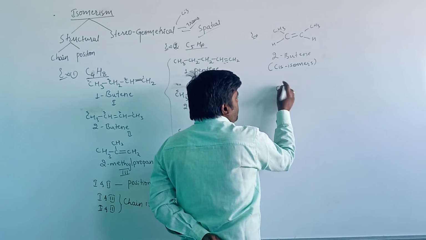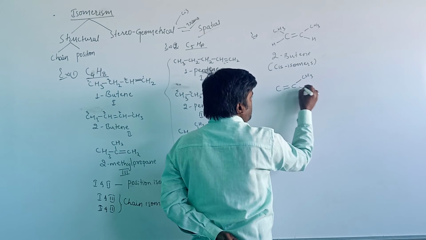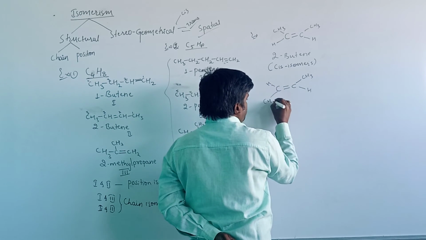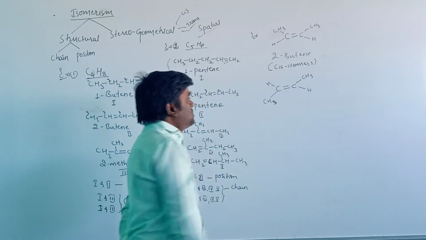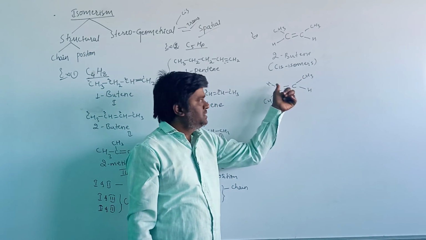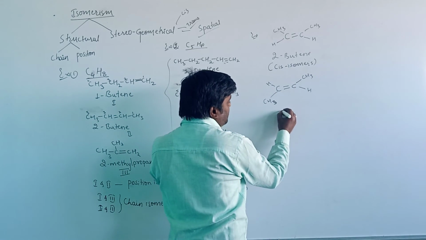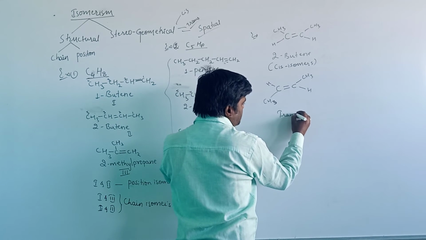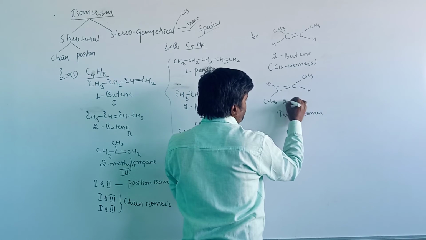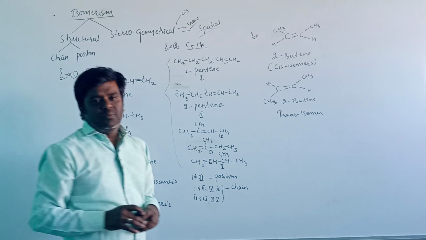Okay. We can write it in another way. It is carbon-carbon double bond, CH3, then CH3, then hydrogen and hydrogen. If we observe this structure, the same groups are present on the opposite sides. Therefore, these are known as trans isomers. The compound is the same, it is 2-butene. The 2-butene will show the cis and trans isomers.